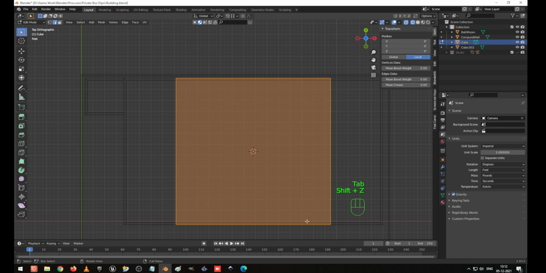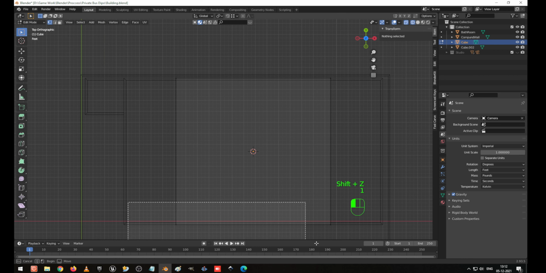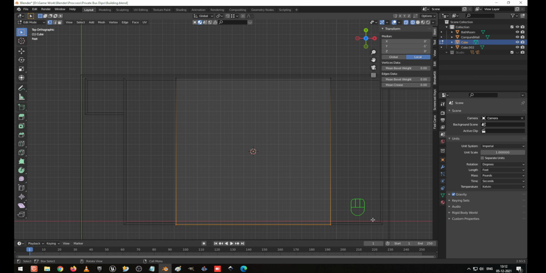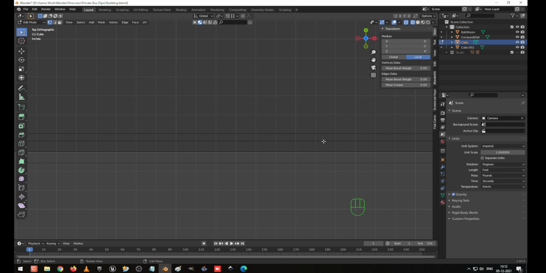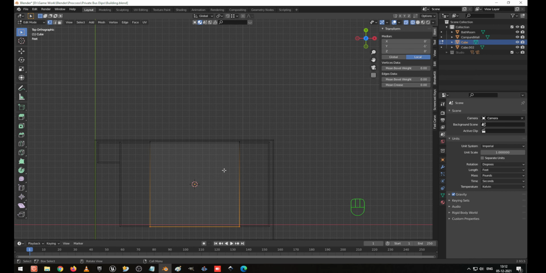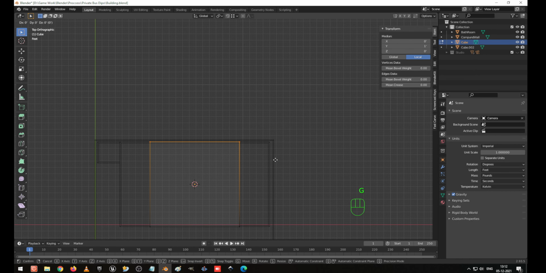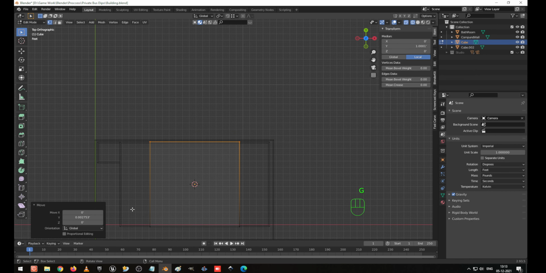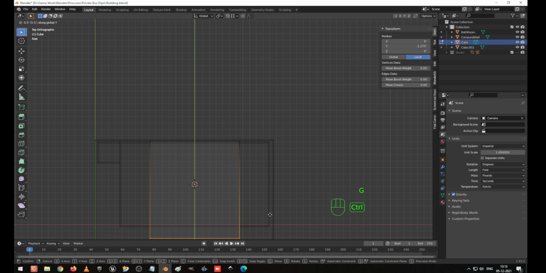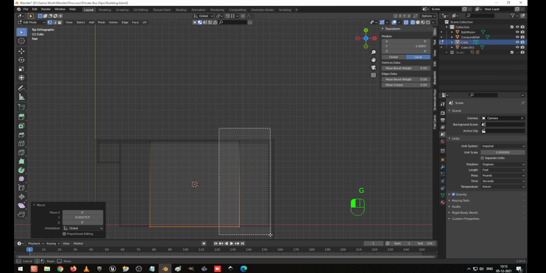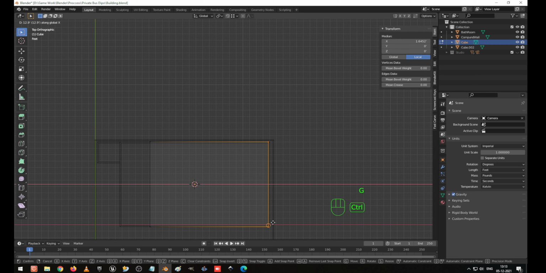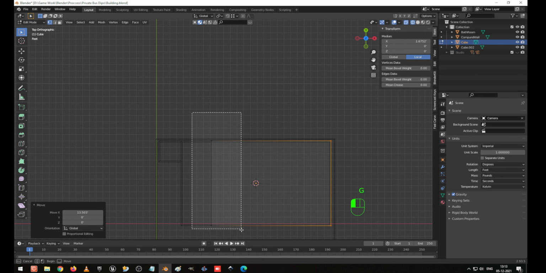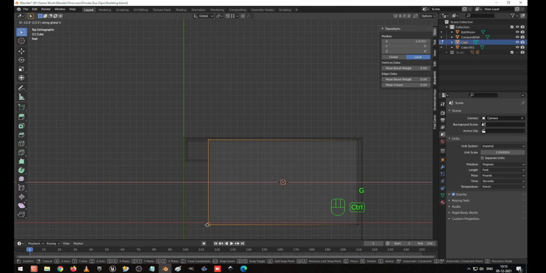Now Shift Z, go to the wireframe section, I select this one, and I hope this has been aligned correctly, not correctly. So select everything and GY, use the Control key to align it, same way GY, and select everything and GX to align it. Here also select these things, GX to align it.